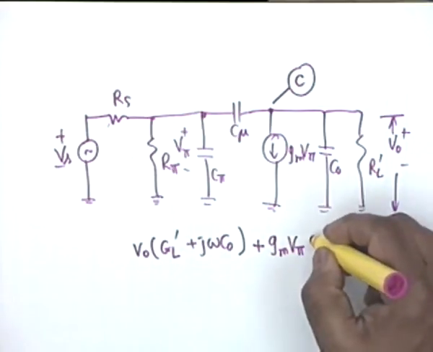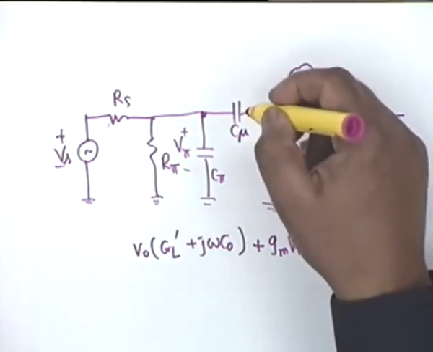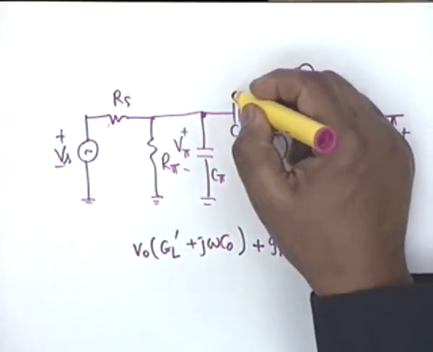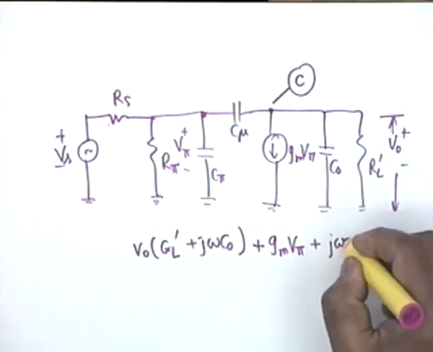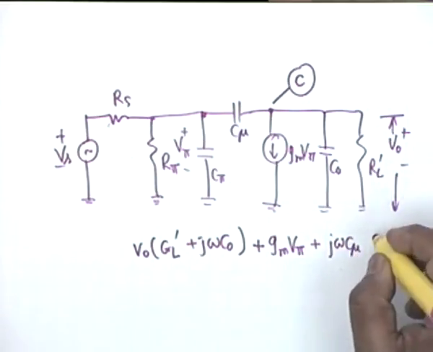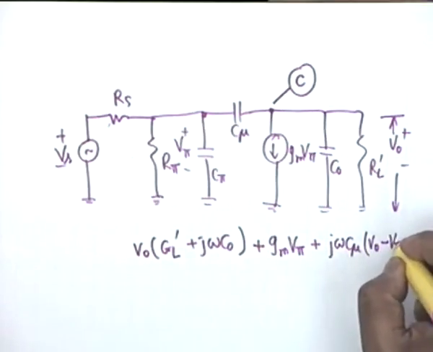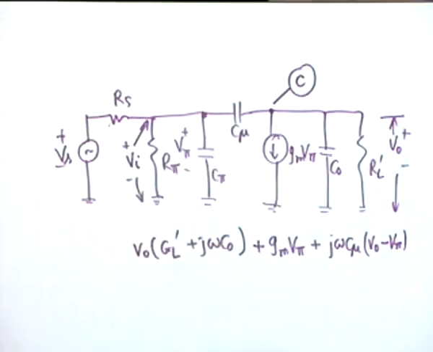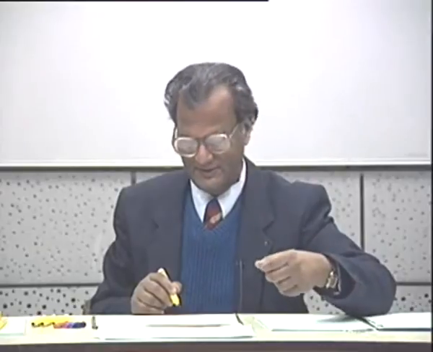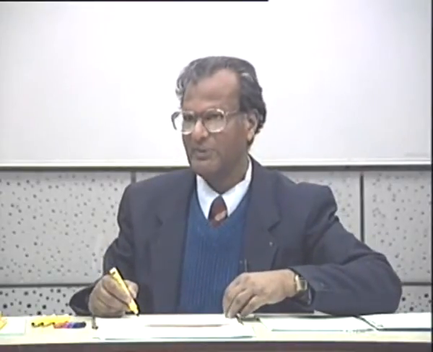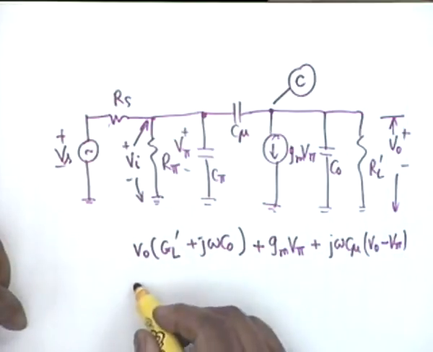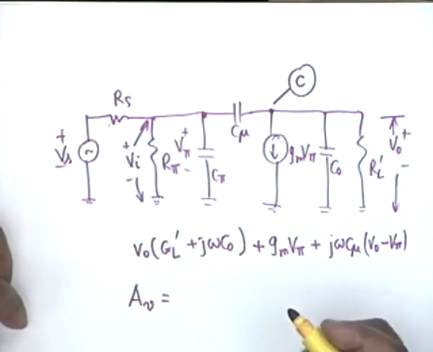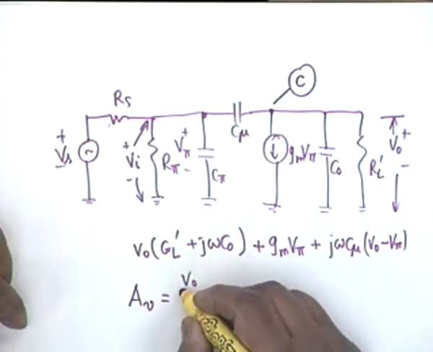gm V pi, plus another current which goes through C mu. This would be j omega C mu multiplied by (V0 minus V pi). But V pi is also the same as Vi. V pi is the same as Vi. This has been affected by making Rx tend to 0. Therefore, if you substitute V pi equal to Vi here and write down the voltage gain between output and